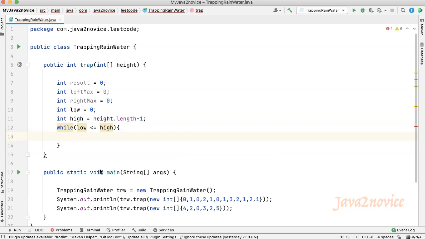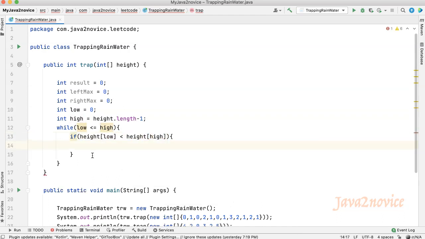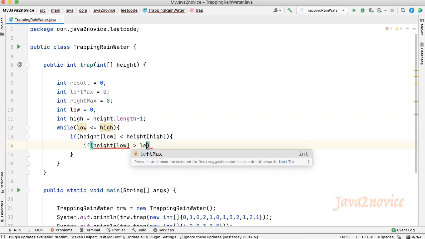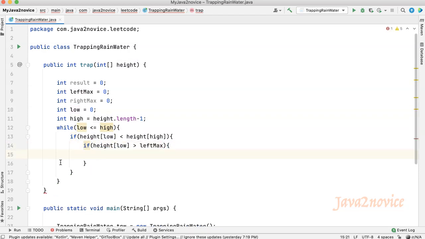Let's check if array element value from right side is higher than left side value. In this case, check that is it higher than left max or not. If it is higher than left max, then update left max value.